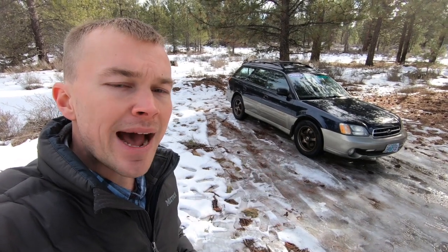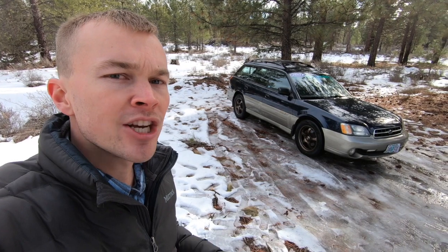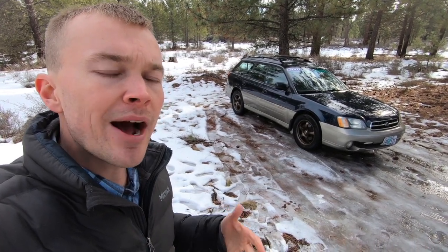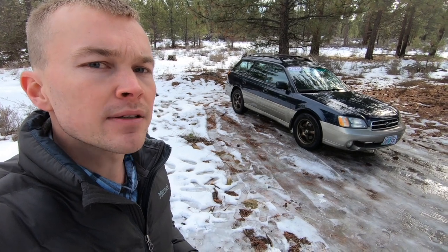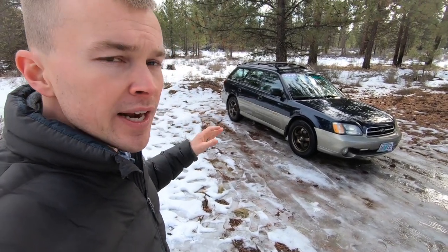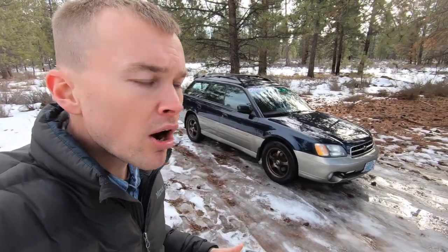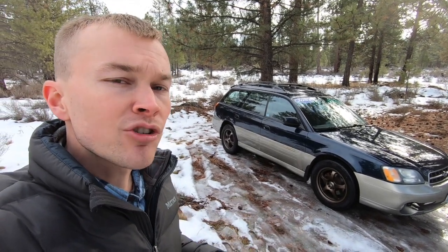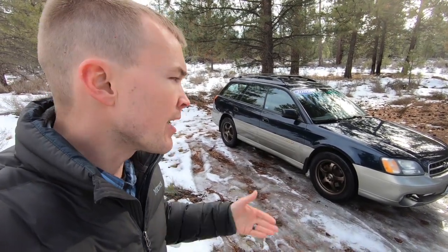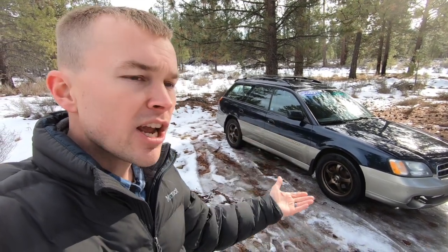This vehicle, again, is the Outback, which adds additional body cladding, slightly larger wheel and tire package, and additional ground clearance. And then the Outback is also available in an LL Bean configuration, which adds a number of nice luxury features. Now, I'm a huge fan of this generation of the Outback, not only because it's a really great-looking vehicle overall, but I like the fact that it came at a time when small SUVs and crossovers weren't all that common, and it really offered a great package that offered many of the best worlds of a car and an